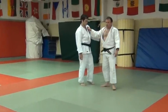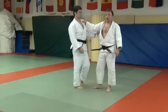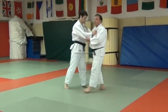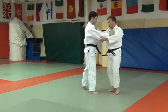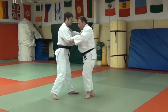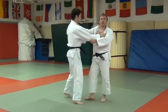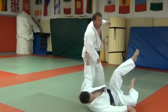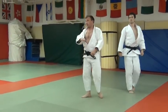So leading into it, it really helps if you could get your opponent to push into you. And one of the best ways to get your opponent to push into you is to do a backward throw like Osotogari, right? As we do Osotogari, he's going to be pushing into me. So as you feel you're coming in for Osotogari, use that push and immediately turn Sasae. Osotogari Sasae is the classic